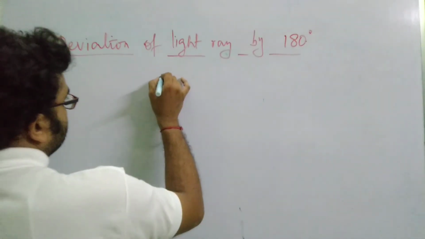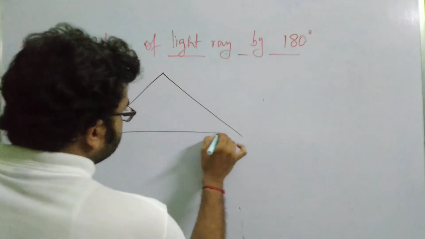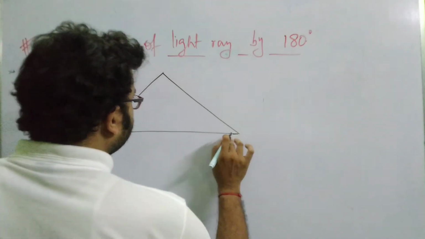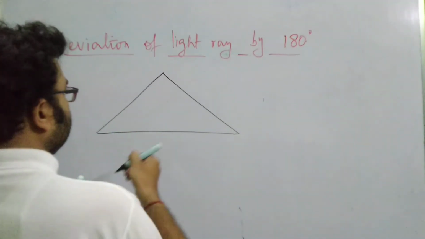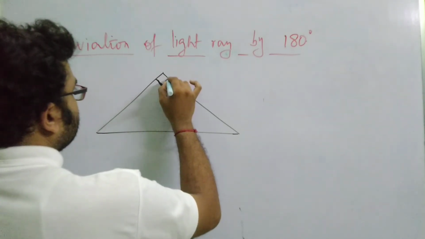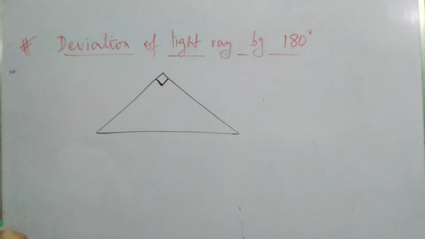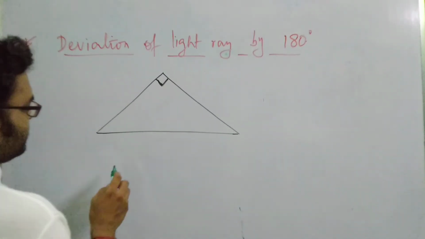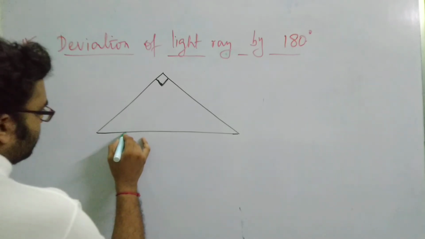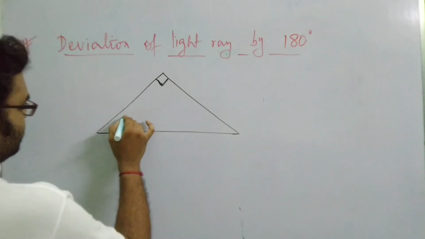So here the prism should be configured like this. This angle is 90 degree, this angle is 90 degree, and the other two angles are 48 degree each, as we have been discussing for the total reflective prism. Now let us consider a light ray. The light ray comes from this direction, say it falls perpendicularly on the surface, hence it will not be refracted, it will straight away hit this surface.